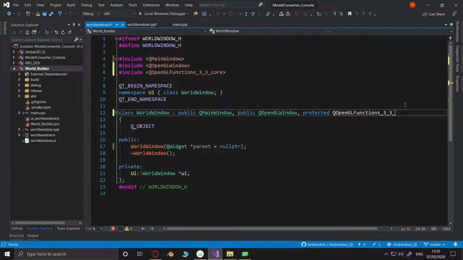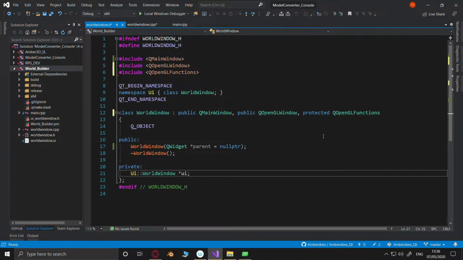Alright, maybe I'm overdoing it slightly then. Got it. Right, so according to me, I've got OpenGL.